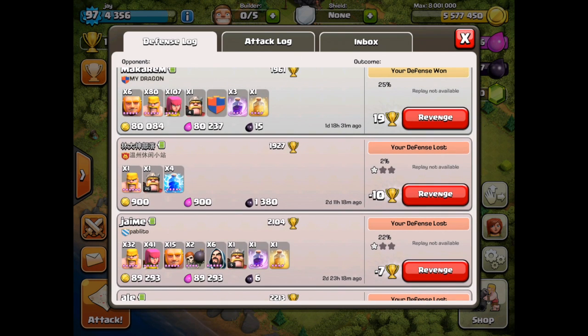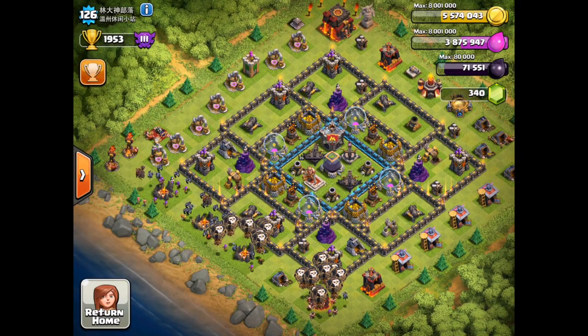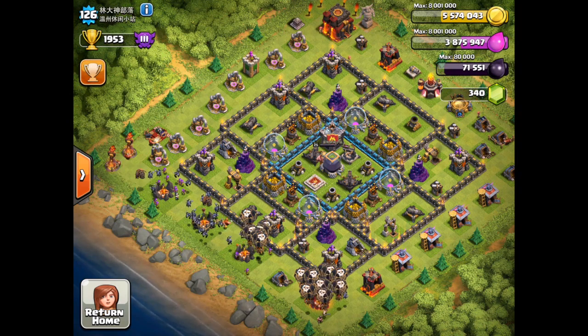I guess he was confident he was going to get it. And this guy zapped my lightning. This is a town hall 10. Look at this clown, right? I couldn't believe this guy. He had a level 25 king. And look at this dude's base. Like, why would you zap the DE? Really? He could have leveled my base. I don't know why. Anyway,